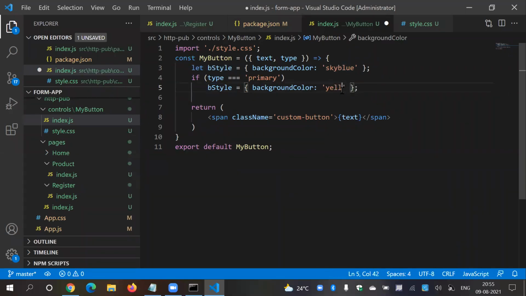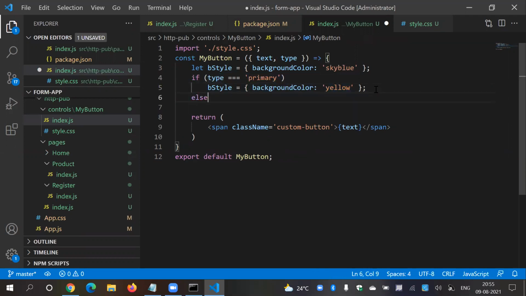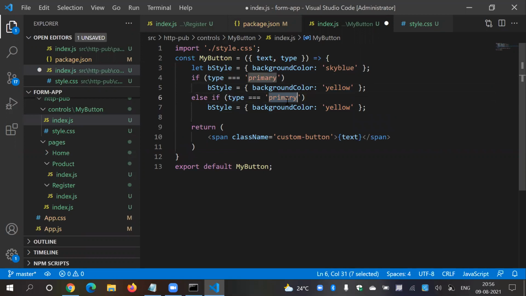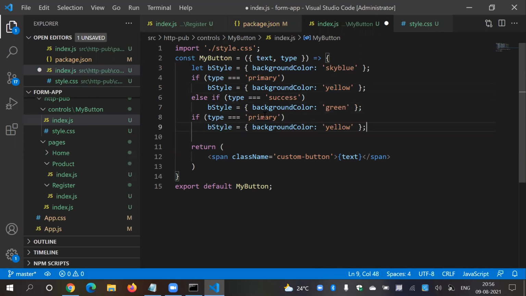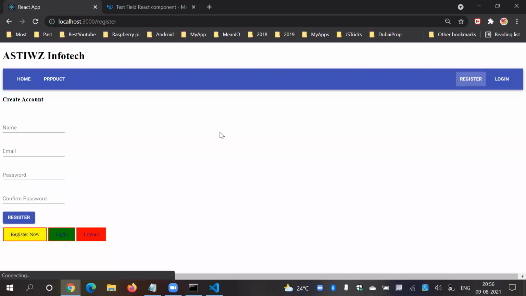If it is primary, let's say yellow, and if it is else if, what is second, success, then let's say green, and if it is error, then change it to red, and just apply this style to this component, then say style in that bracket, apply our style. So let's say this is our primary, this is our success, this is our awesome guys.